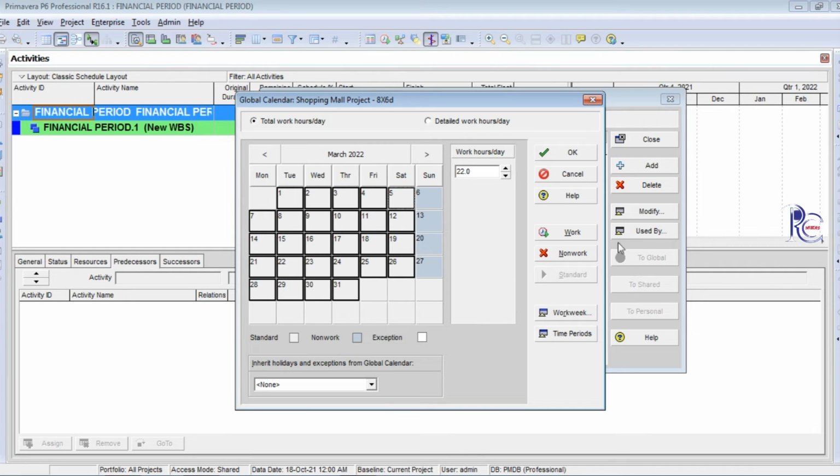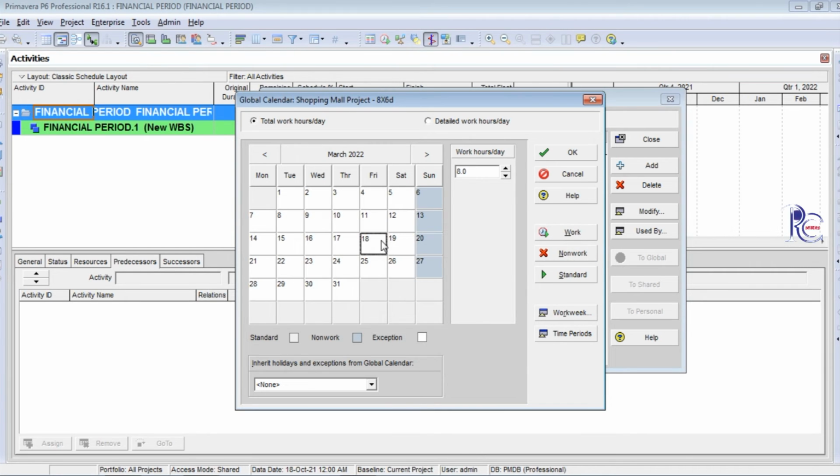Okay, it just needs little changes. Okay, now it's accurately finished. I choose the third month and go to change my other settings also.